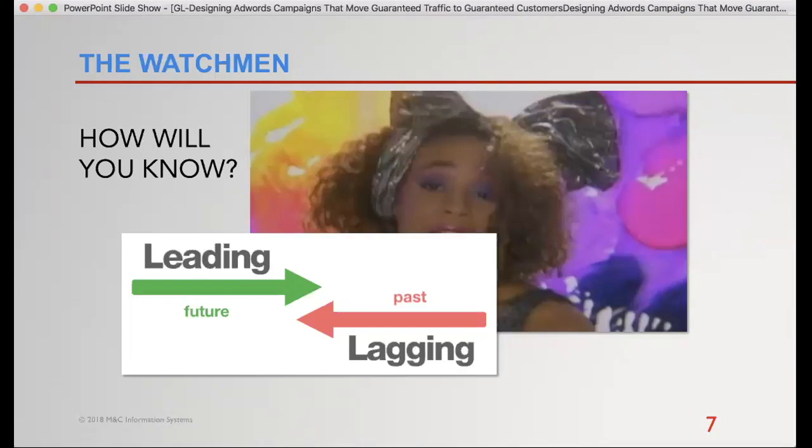And the way to get that done right is there are going to be leading indicators, which kind of point to the future, and then lagging indicators. The lagging indicators are all those things that we've addressed as what success looks like. Leading indicators are the things along the way. To be super generic, clicks. How do we know that we're making progress? Well, first of all, we know people are clicking on the ads and we're getting traffic to the place that we want to get. Or maybe it's we have calls. There are a lot of campaigns that we do, a lot of business-to-business campaigns.